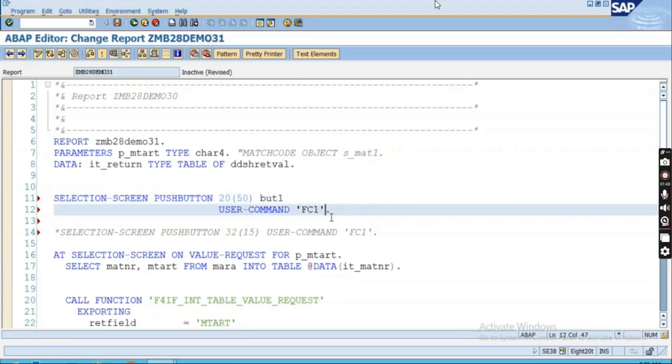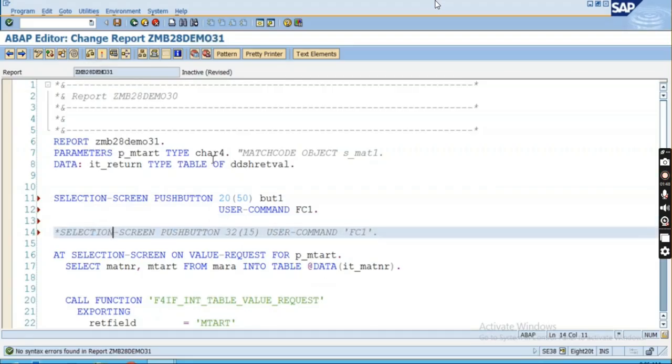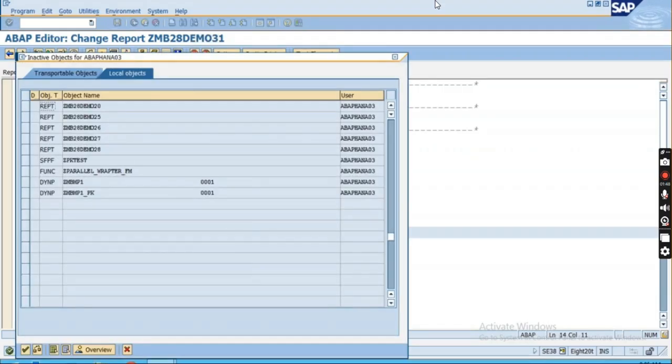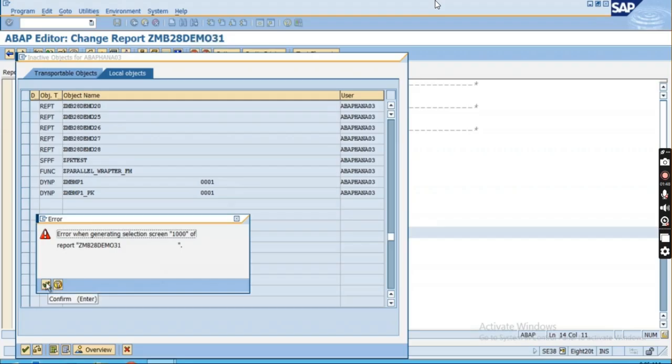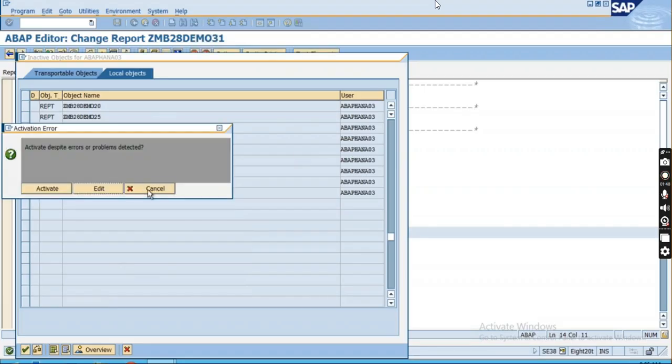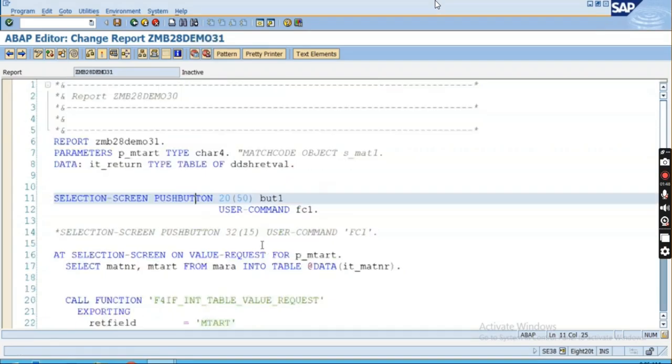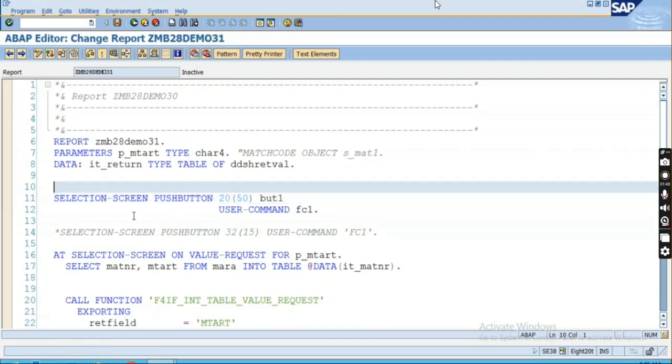The user command, I'm going to remove this one. Check the syntax now, and this time it is fine, right? Pretty printer, activate this one, activate. But again, the problem is coming. Sir, this is the problem of the screen. Basically, can I put that particular statement in the beginning of a block? Maybe that's the